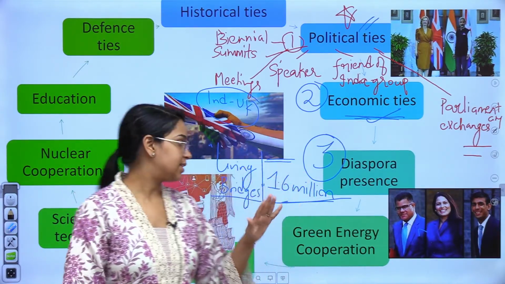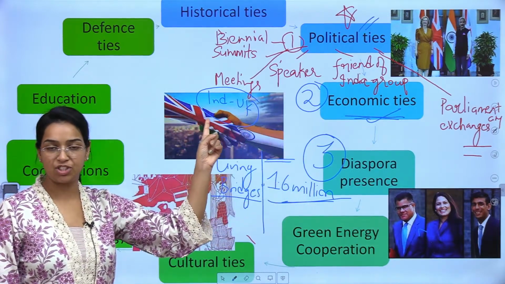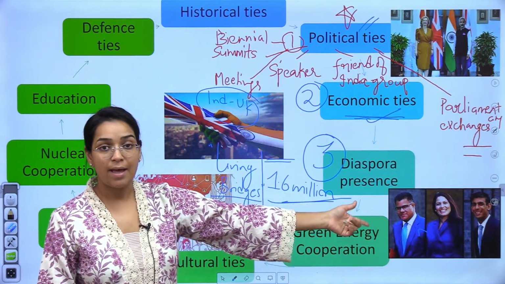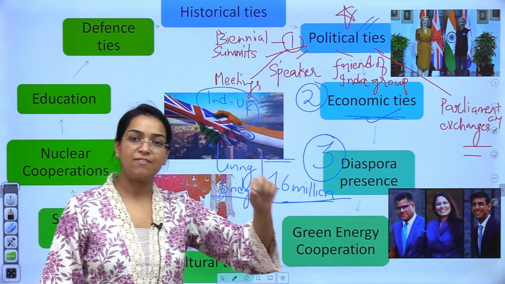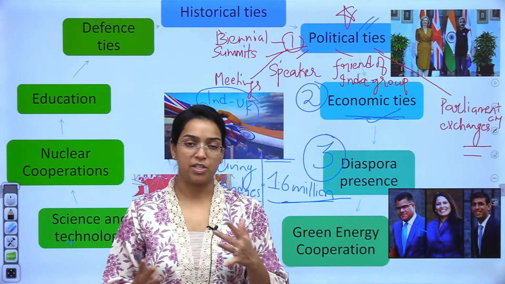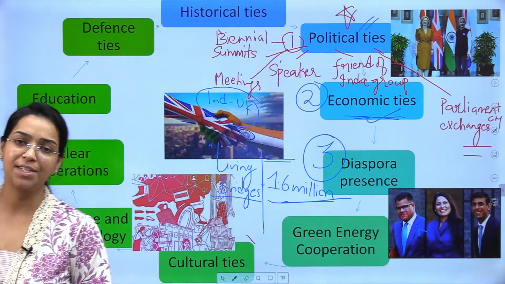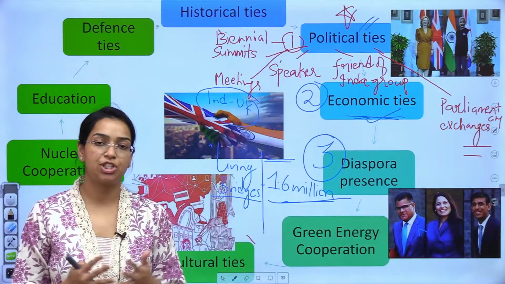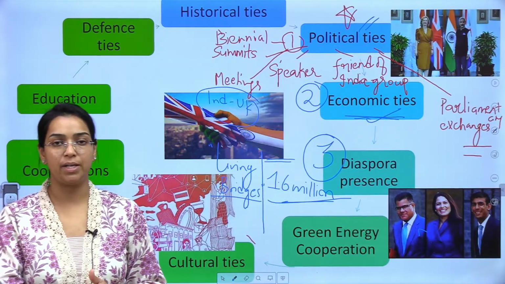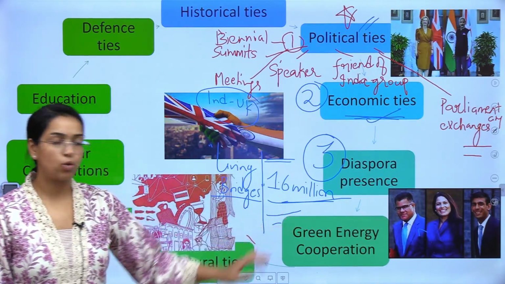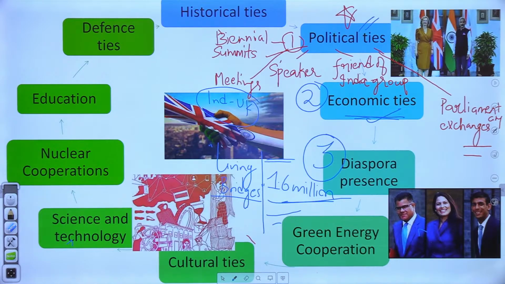right? So that is why this diaspora presence is very important for the bilateral ties, and an increasing number of Indians are getting into UK, and both the countries are also working to create easier migration between the two countries. इस aspect में there is a bill also that will allow increased migration and mobility of people from India towards UK, right? So इस तरीके से the two nations are collaborating. The diaspora plays a very important role in